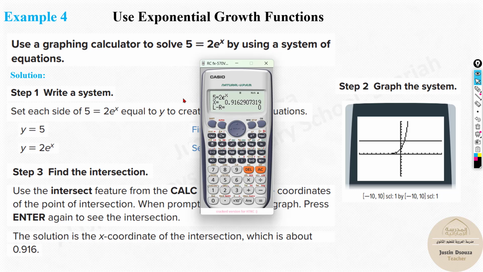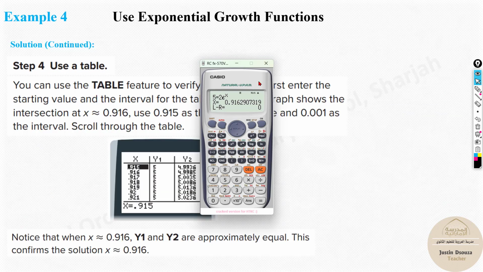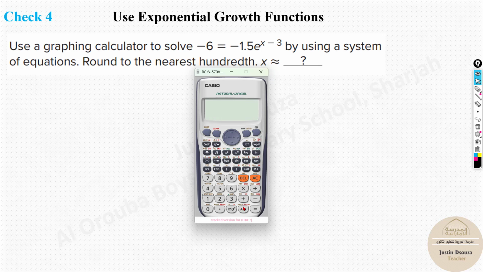We can see that's the answer, the x coordinate of intersection. So to solve this equation, you can use a graphing calculator. You'll get all the details, or you can directly do this, the same answer. Okay. So a graphing calculator gives you a lot of details with its features, but even your scientific calculator will let you solve it. Here you have one more problem. All you need to do is solve this.